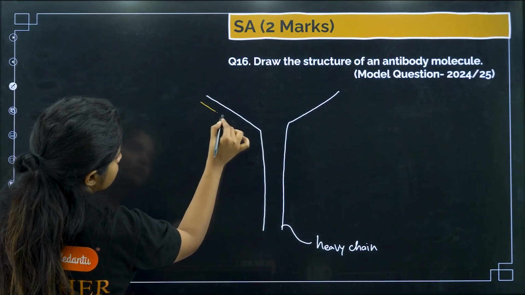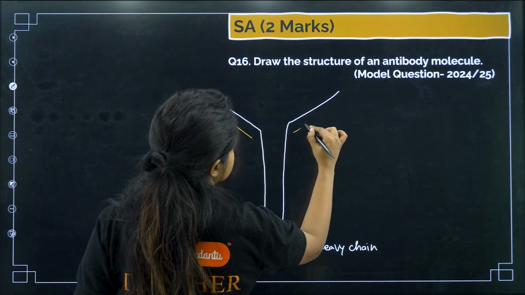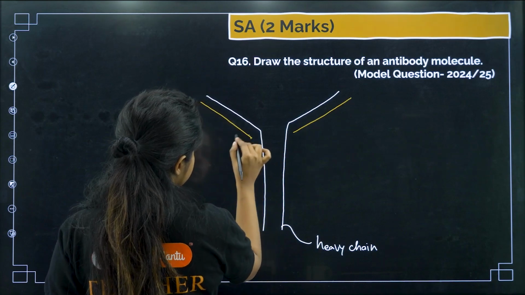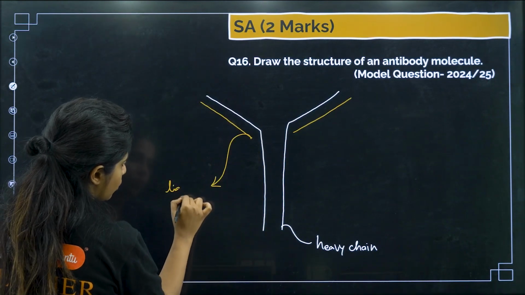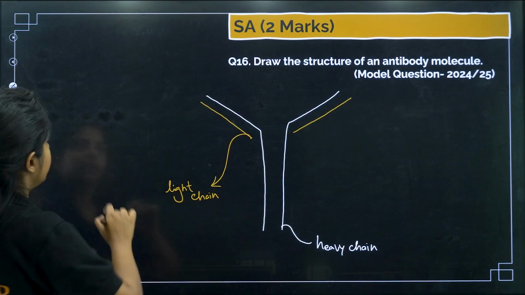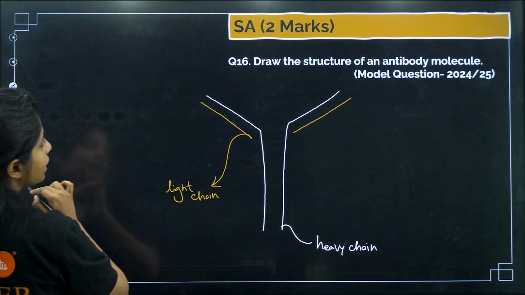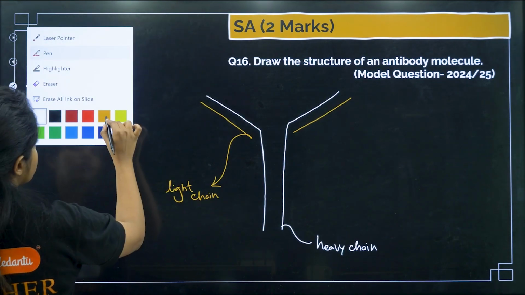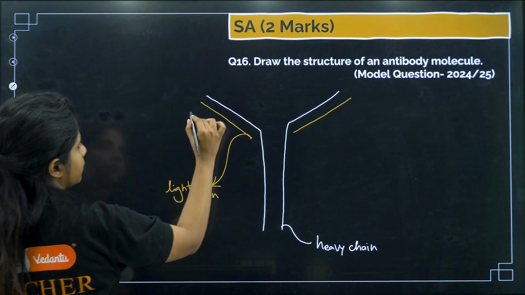The 2 smaller strands that you see over here are known as the light chain. They are small, no? So I will say light chain. Cool. Now the heavy chain and the light chain have a specific region over here,